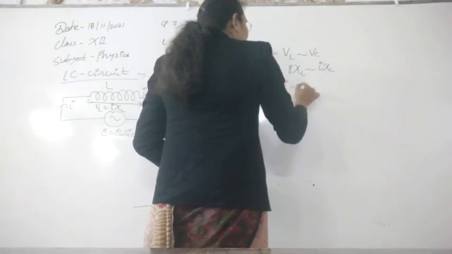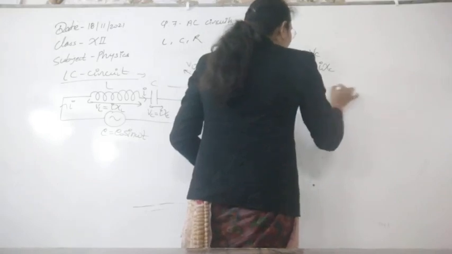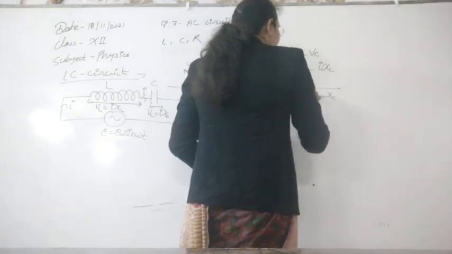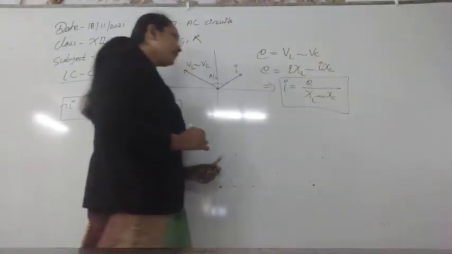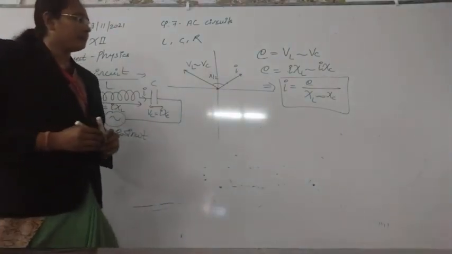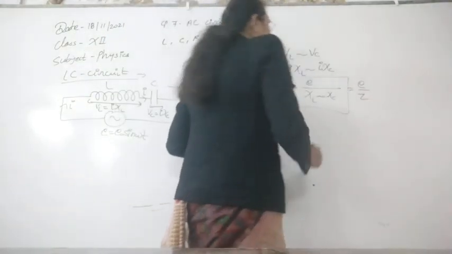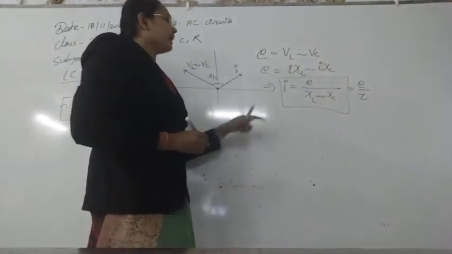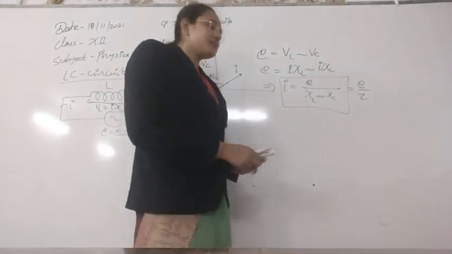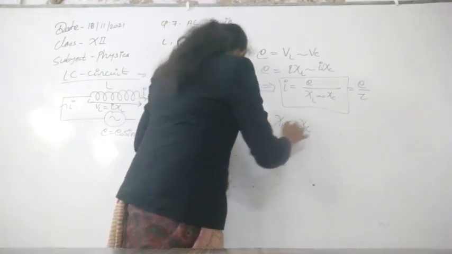From here I can be calculated. If we calculate I, that will be equal to E upon the difference of chi L and chi C. So this is the current that is flowing in the LC circuit, that can be easily calculated by using the phasor diagram. After this, if we compare this circuit by using Ohm's law, that is I is equal to E by Z, so Z is the impedance of the LC circuit. So the impedance of the LC circuit will be equal to chi L minus chi